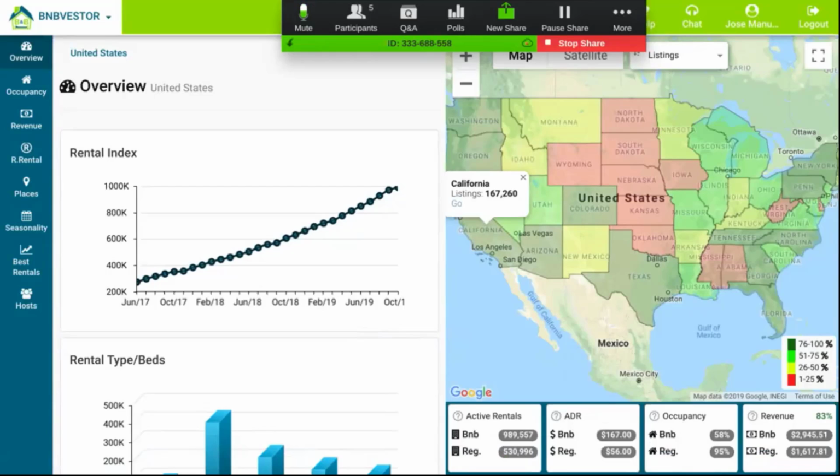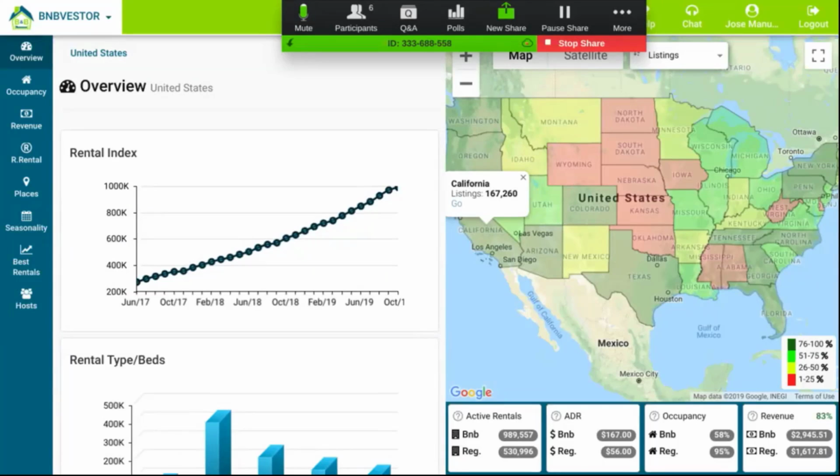So let's start with this. Let's walk a little bit about why you're here. Remember, probably you're starting with your Bnbvestor, with your Bnb business, and you want to know how to expand your business, how to make it bigger, how to make it grow. Sometimes you have all of this desire to make it bigger, but you just do not have the money to buy a new property and then list it on Airbnb. So what we want to do now is tell you how to start with a little money or even no money, and then grow from there.